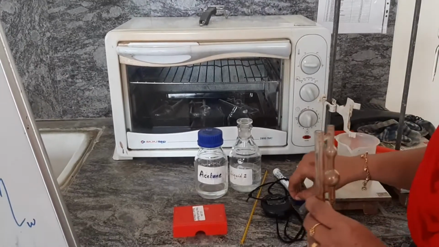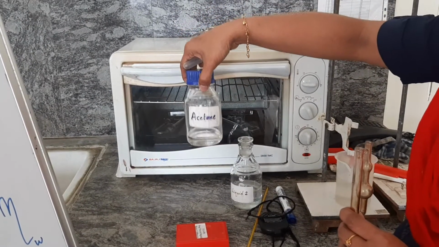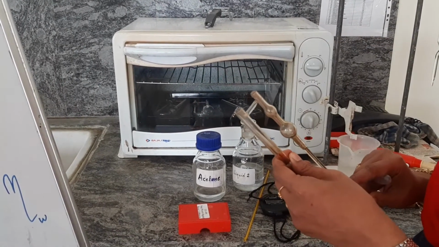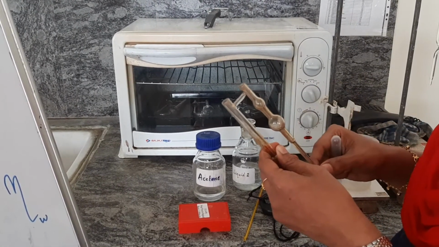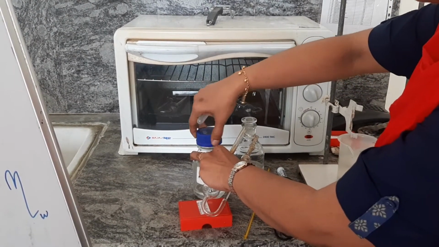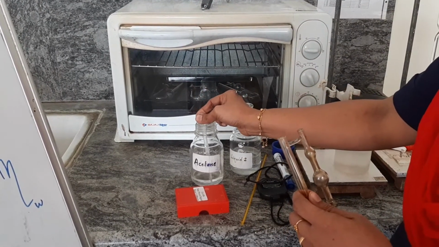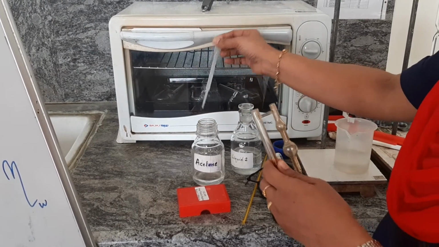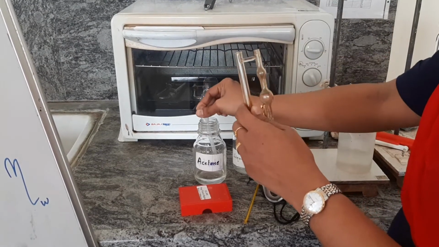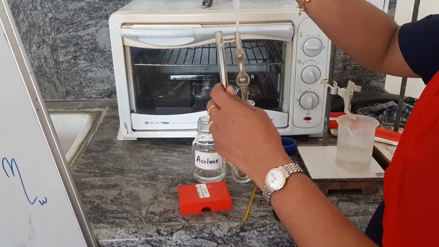And using the filler, this is acetone solution that is provided to you. This is for washing the Ostwald viscometer, because we can't wash it with water, since we have taken an organic liquid. If we wash with water, it will result in the formation of emulsions inside. So we have to make use of another organic liquid to wash the viscometer. For that, acetone is used because it is easily vaporizable, so the viscometer will get dried very fast.